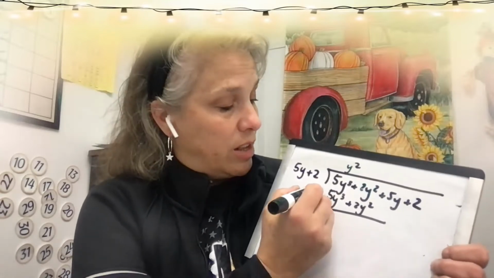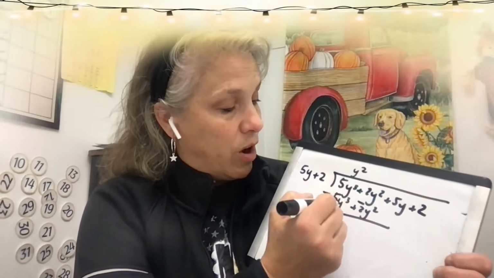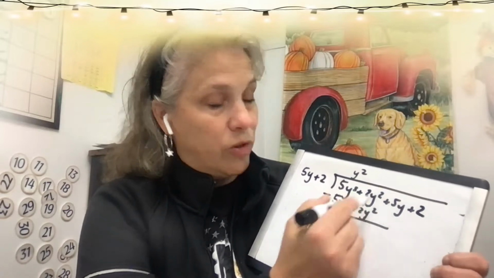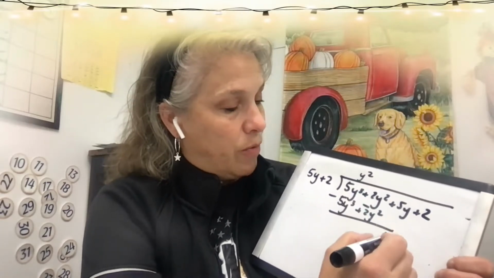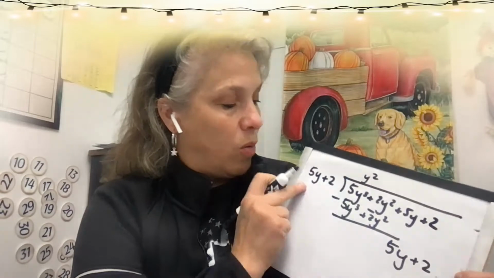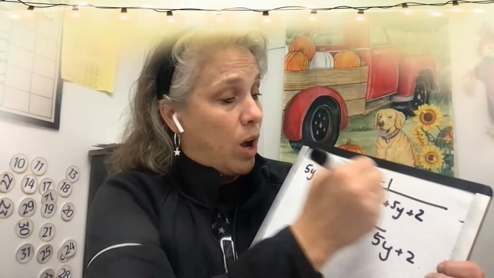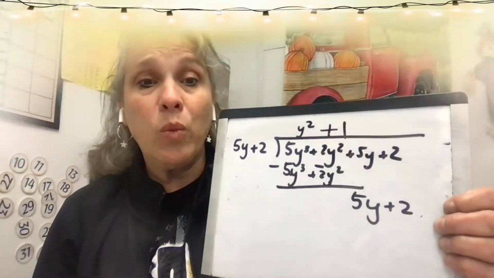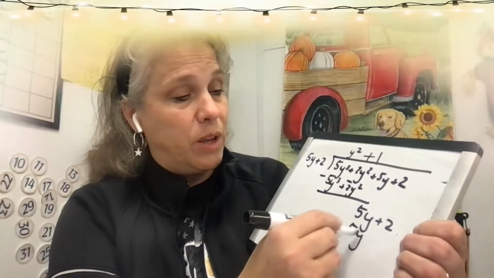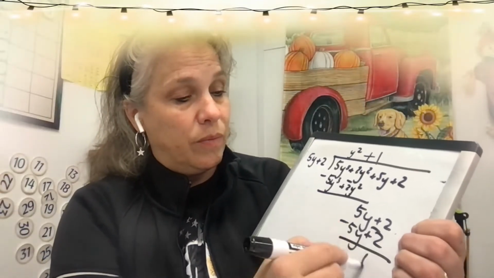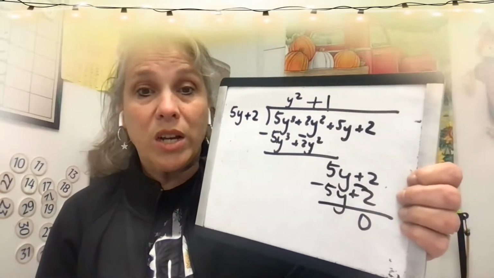Change the signs, minus, minus. 0, 0. Those both cancel out. I'm left with 5y plus 2. What times 5y plus 2 gets 5y plus 2? 1. And we are done. We already know that this is going to be 0. And we are done, okay? So that is how you do number 17. Number 18,